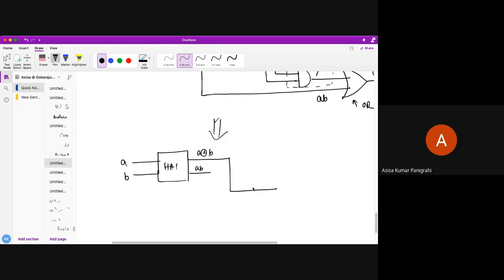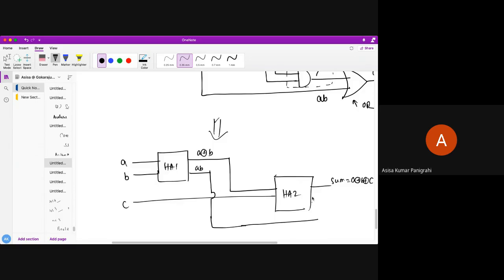Then you take C, which goes to another half adder, HA2, which gives me the sum A XOR B XOR C, and finally this AB.